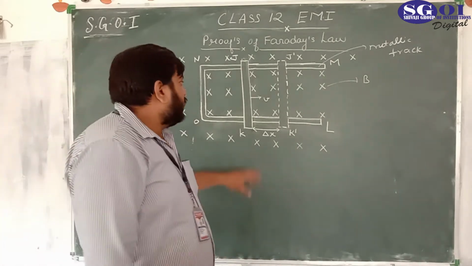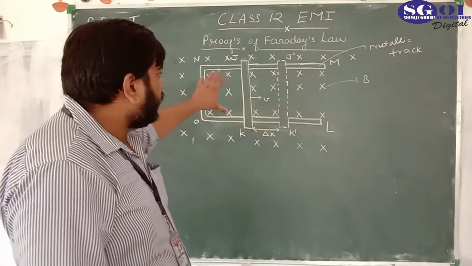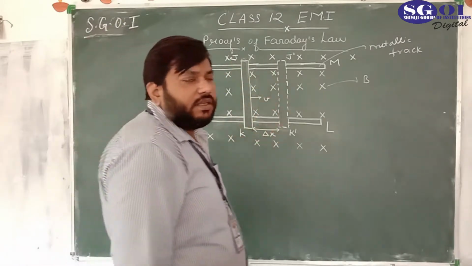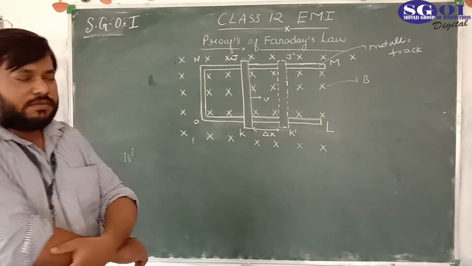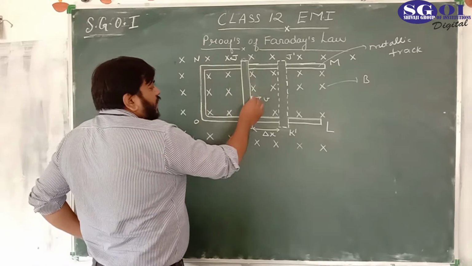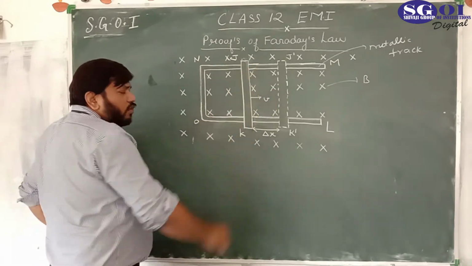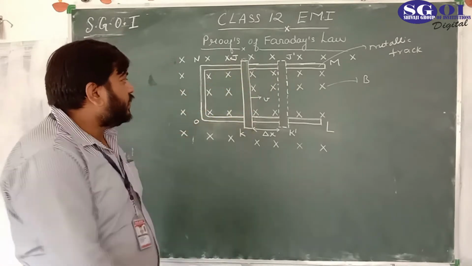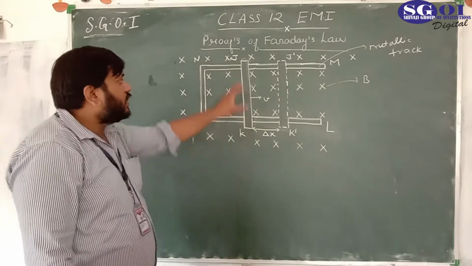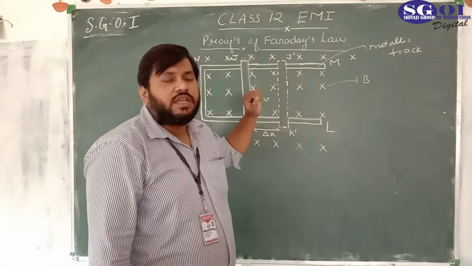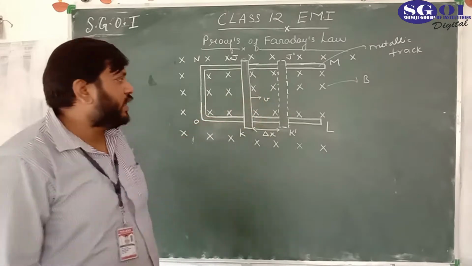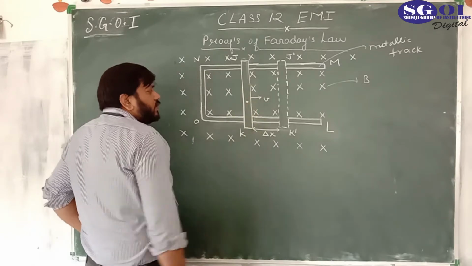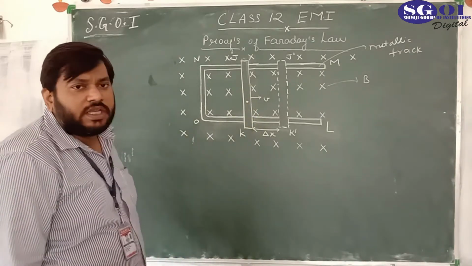We know that a conductor which is moving in a magnetic field has a potential difference. But we know that as the conductor starts moving, the electrons present in this metallic conductor JK, which is moving in this metallic track with uniform velocity v initially, the free electron which is present in this metallic conductor,